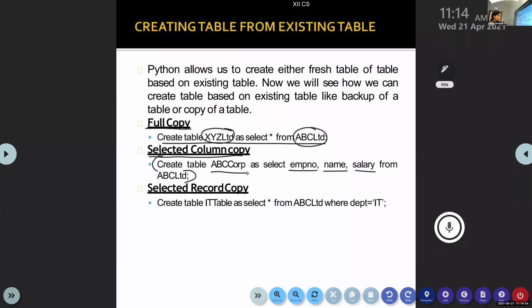And their corresponding values. So same values copied, only selected columns. That is called selected column copy.